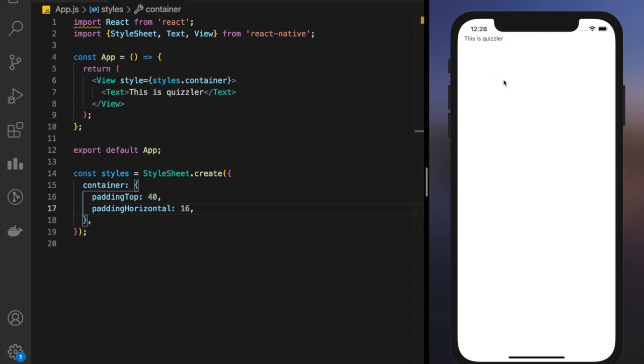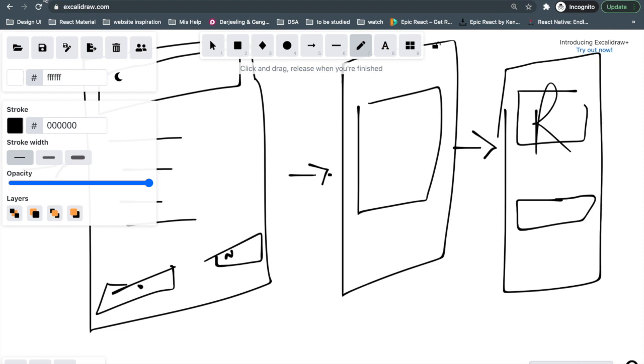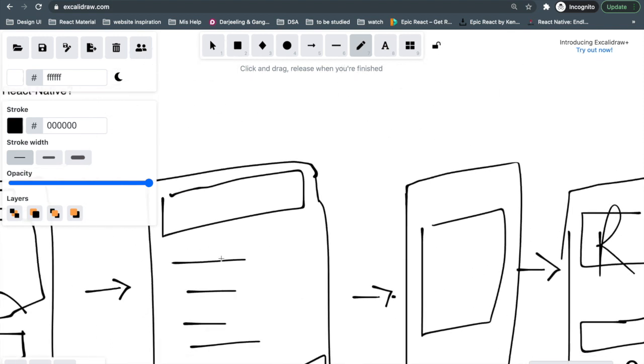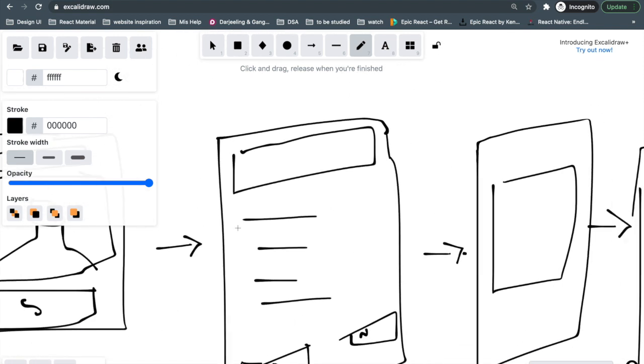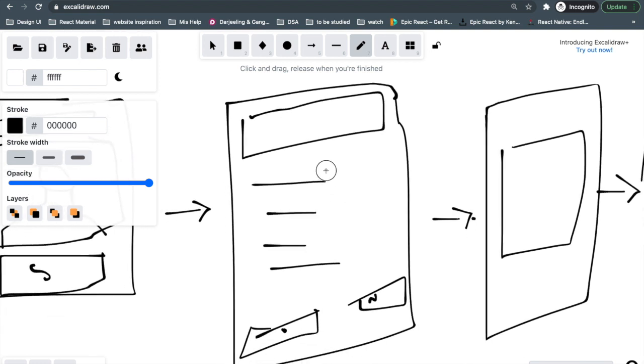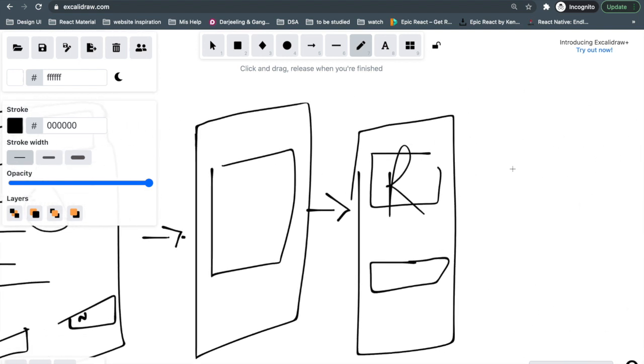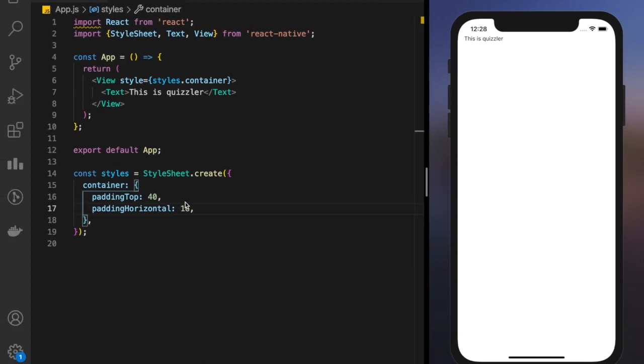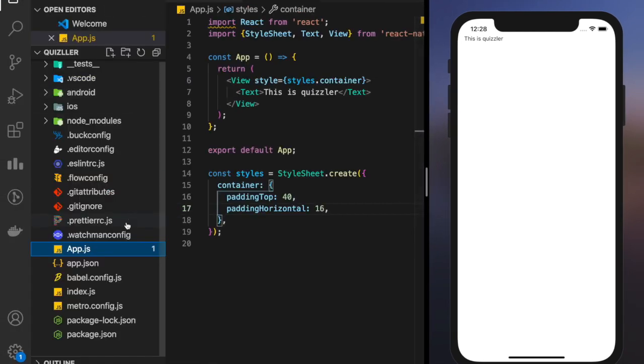Now let us see all the screens that we need. So first is the home screen, the second is this screen, what we call it quiz screen. This is quiz screen, and the third is result screen. This is a modal, it's not a screen, it is upon the second screen. So we need 3 screens. Let's create the 3 screens pretty quick.